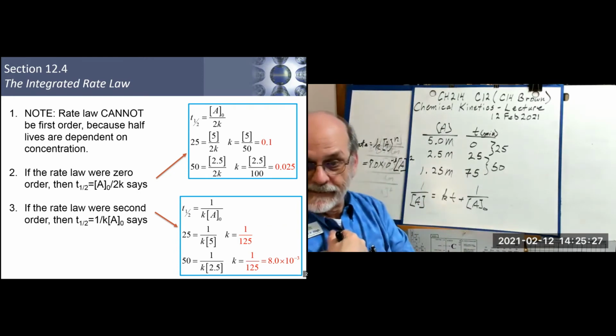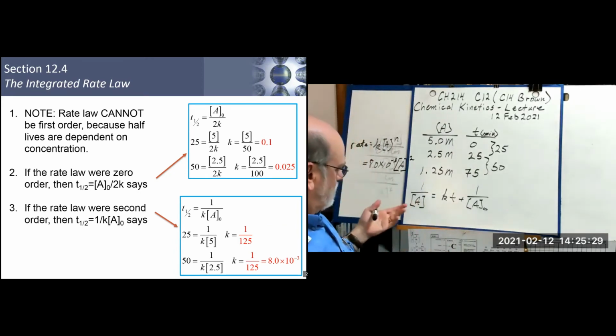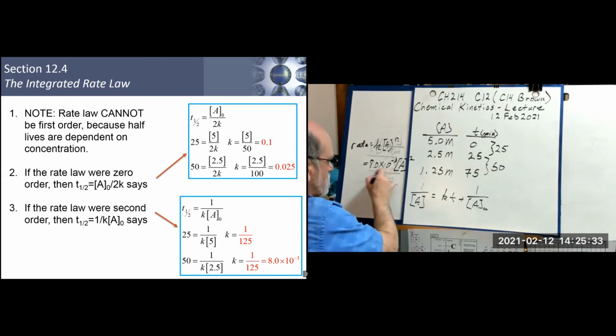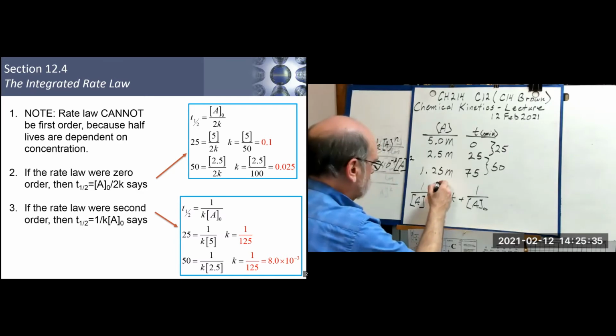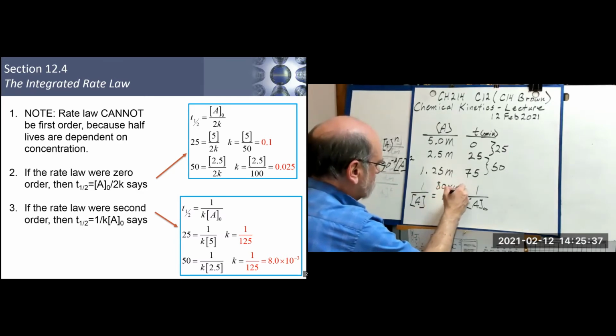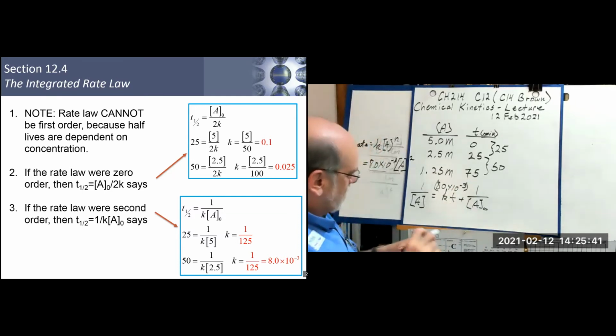Okay? So we know what K is right here. So we just plug K in here. 8.0 times 10 to the minus 3. And then